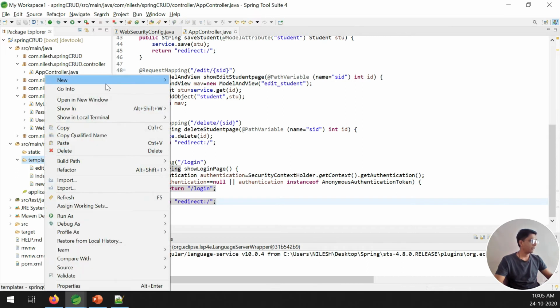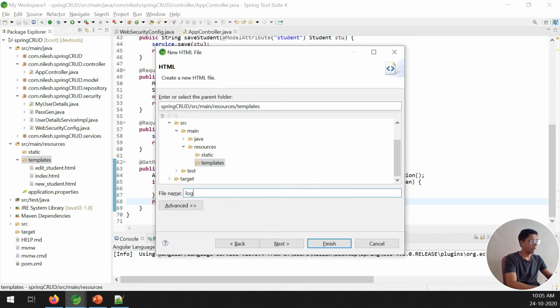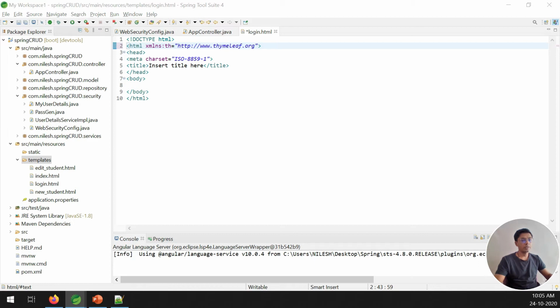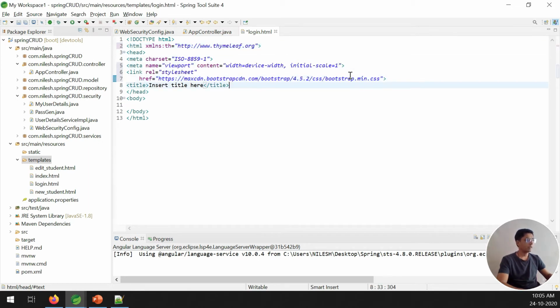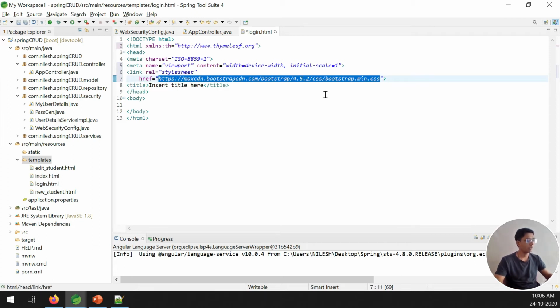So right click, New, then Other. Let me select HTML and name it login. In this login page, I want to first put the Thymeleaf HTML tag, and after that I want to put the CSS. You can directly search Google for Bootstrap CSS, and you can put the URL directly over here, bootstrap.min.css.